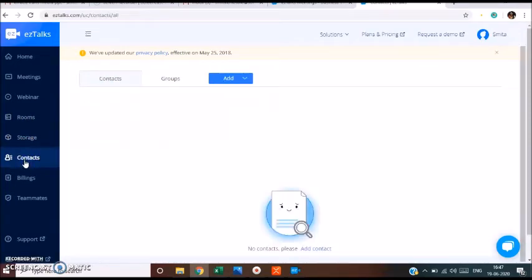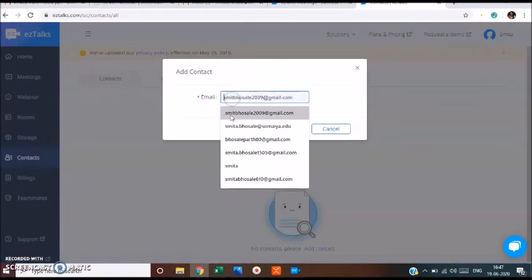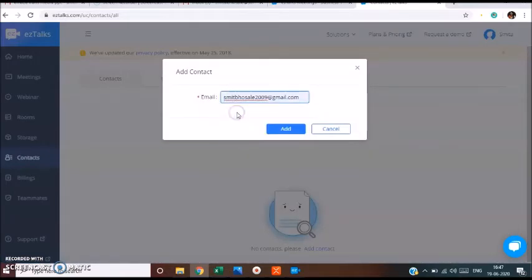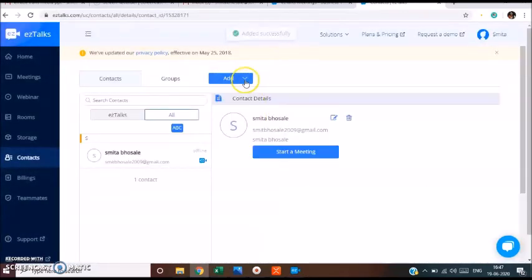If you wish to add contacts, you can add the contacts. You can either add contacts by means of email ID. You can select email ID and add, or else you can also import from Google.